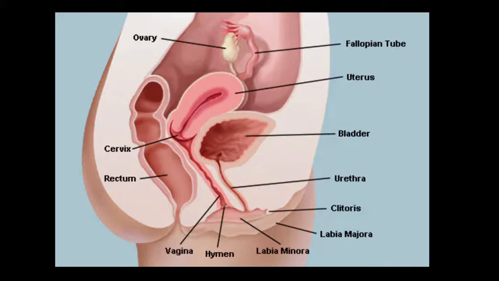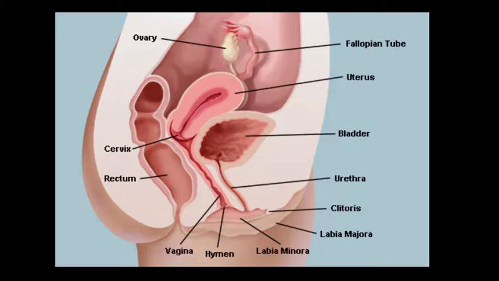So, this is all about the important parts of the female reproductive system. Now we go to the division of the female reproductive system, as we already discussed the division of the male reproductive system, where we talked about the primary sex organ, secondary sex organs, and external genitalia in male. Here we also divide the female reproductive system into three parts: primary sex organ, secondary sex organs, and external genitalia.